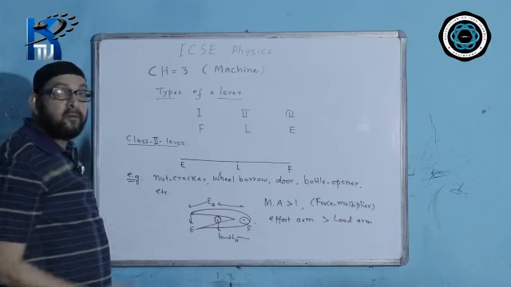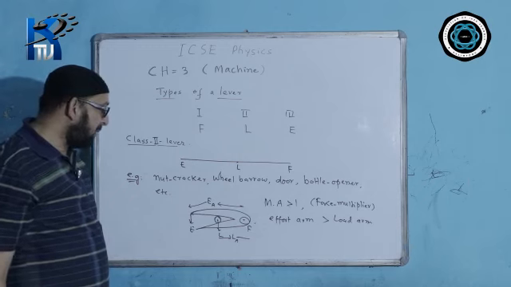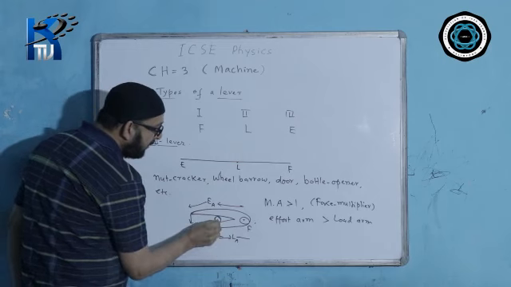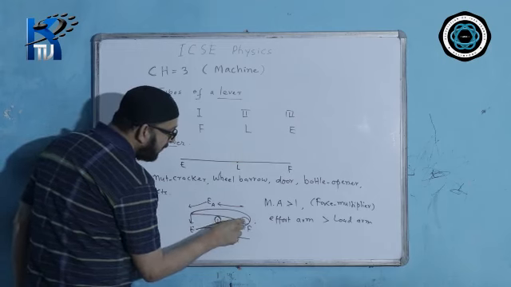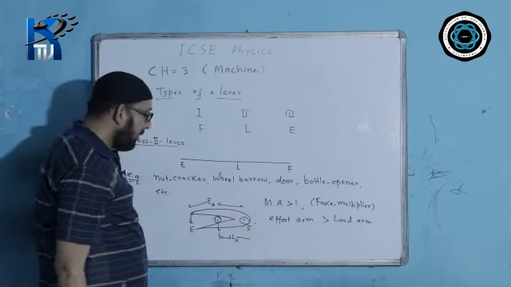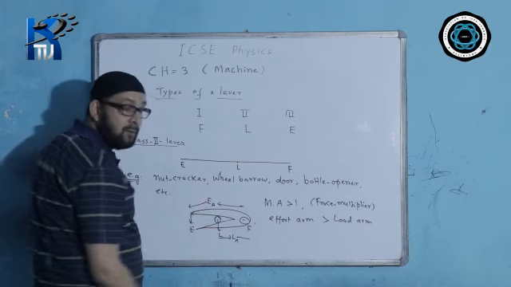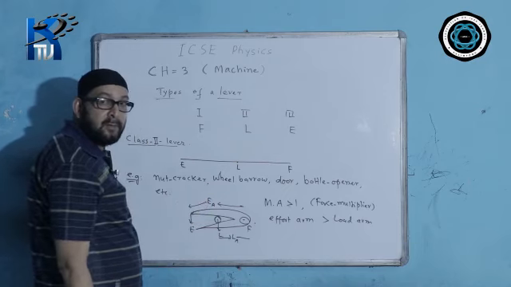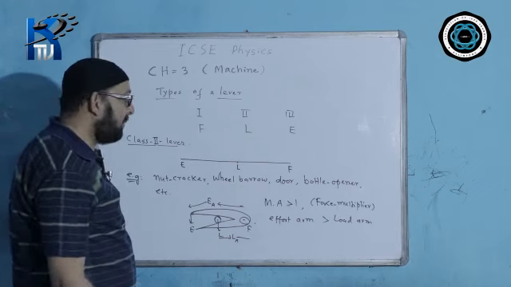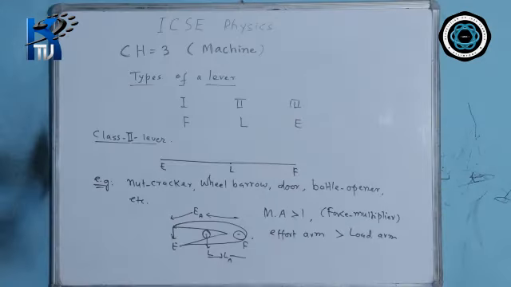One question again they may ask you: how can you increase its mechanical advantage? How can we increase it further? By shifting the load towards the fulcrum. If the load is coming towards the fulcrum, the load arm becomes even smaller than before. That means your effort arm will be much longer than the load arm. So the mechanical advantage will increase. That means you will be giving much less effort in that case and overcome a much heavier load. Or maybe the same load you are overcoming, but by giving less effort. That is class 2 lever.